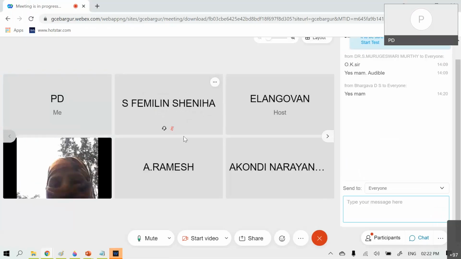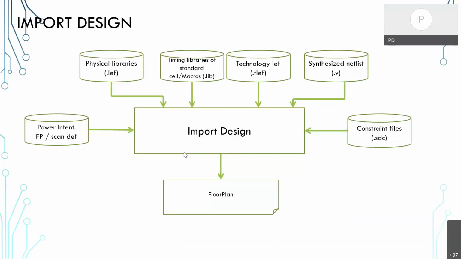Okay. So for that kind of cells, what we will do is give the power details, for example what we call the power intent file. That will have the details on when this domain should turn on or turn off, and when the power switches should be supplying power to the cells. Those details will be given in the power intent.